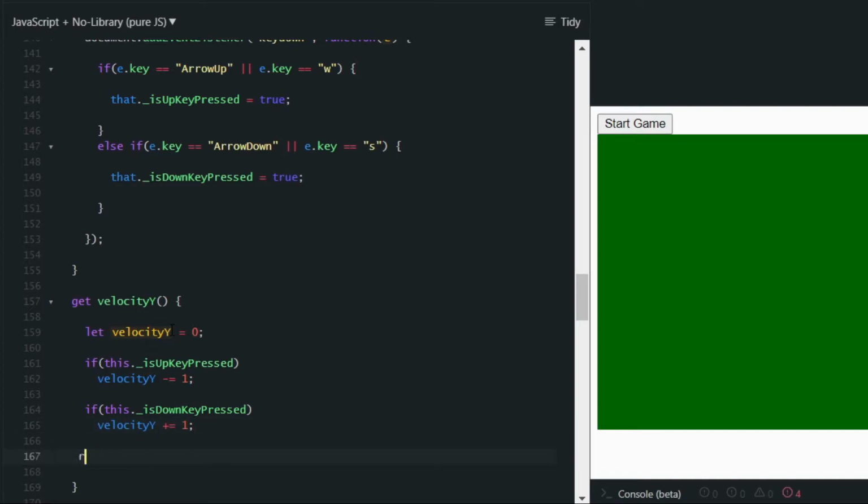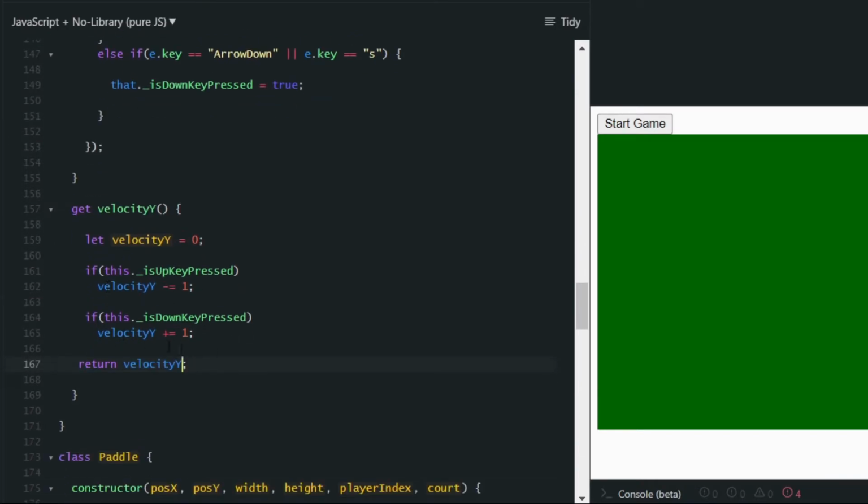And then we're going to return the value of that variable. Let me make sure that I spelled it right here. Okay. And the purpose of this is, so we want to check if the paddle is supposed to go up